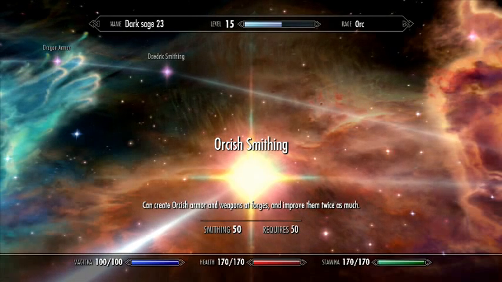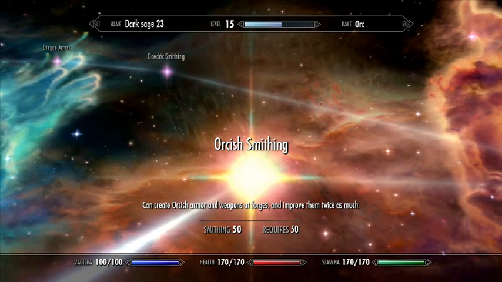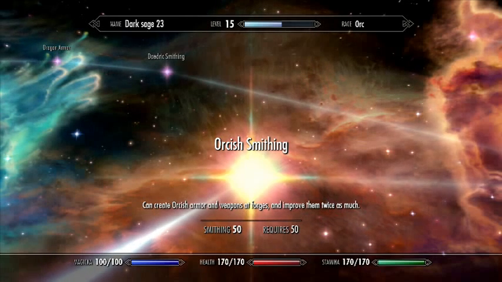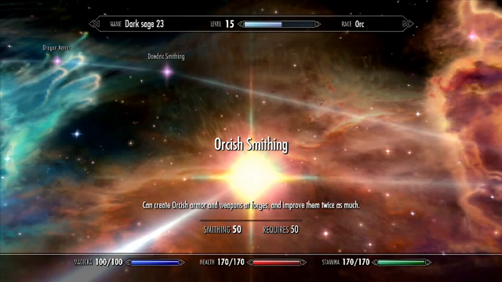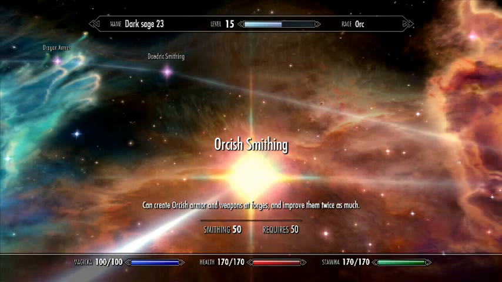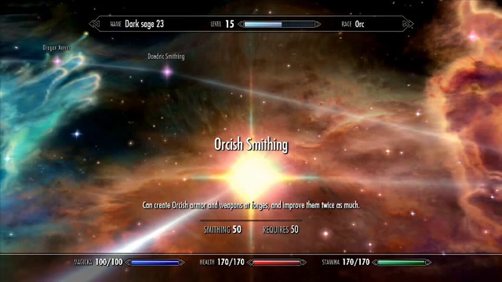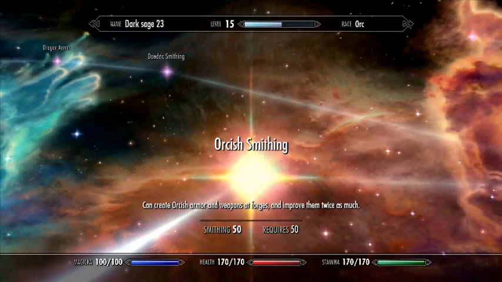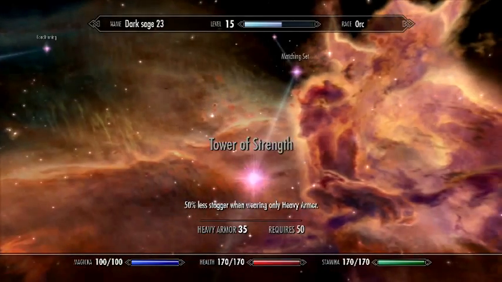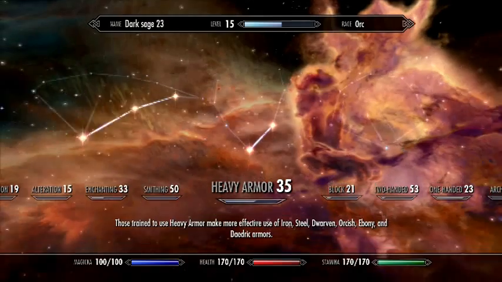For Orcish Smithing, I'm going to be showing you guys the two best, the only two mines that you can get Orcish in, or Orichalcum, or however you want to say it. The ore that you need to make Orcish. And then I'll also show you,